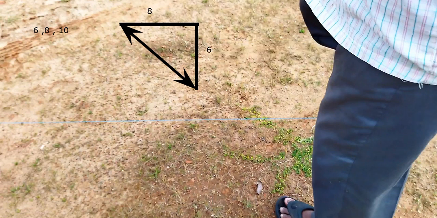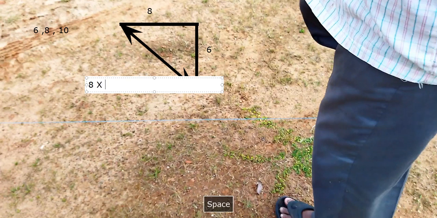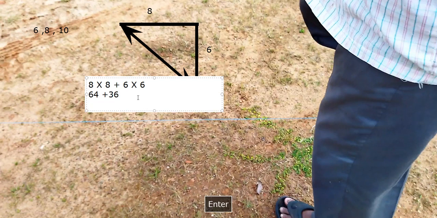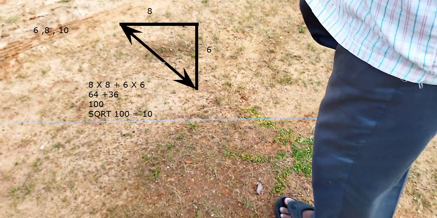Okay, and how do you get this diagonal? You take 8 square, 8 into 8, plus 6 into 6. So 8 8 is 64 and 6 6 is 36, and 64 plus 36 comes out to be 100, but I'm supposed to put the square root of this, and the square root of 100 comes out to be 10. So finally when you check the diagonal, you should get the answer for the diagonal as 10, and we'll see whether we are going to get 10 or not. Okay,